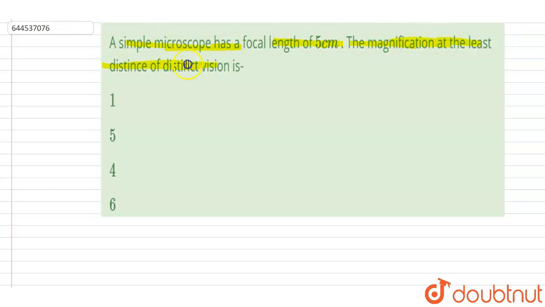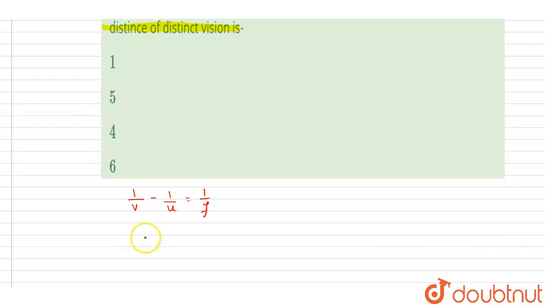Hello everyone, a simple microscope has a focal length of 5 cm. Magnification at least distance of distinct vision is. So if I write down the lens formula, that is 1 by V is equal to 1 by F. Right? So if I write down here 1 by U, it will be 1 by V